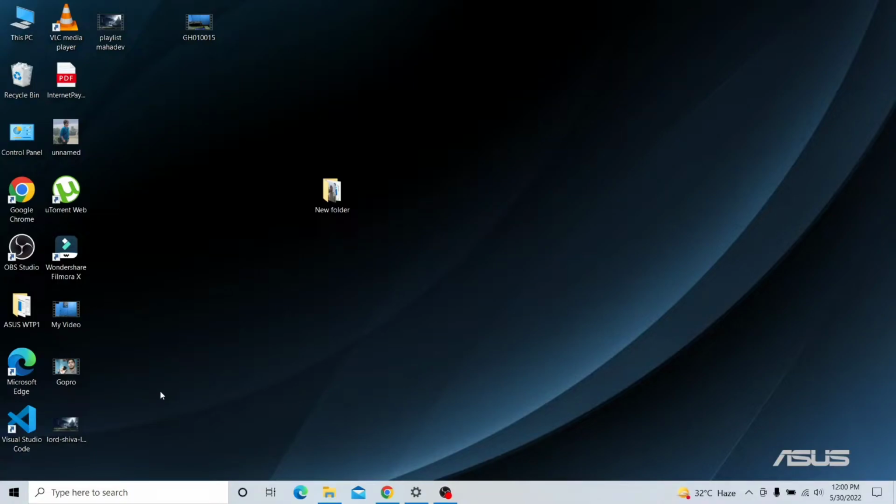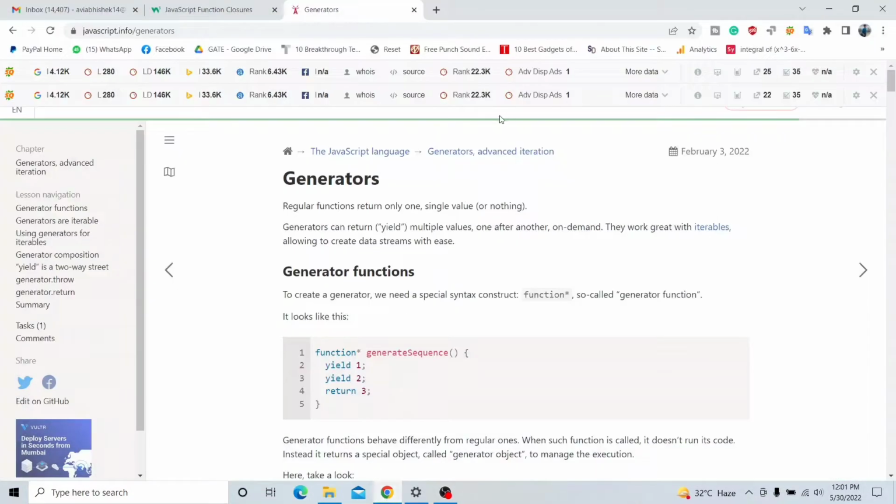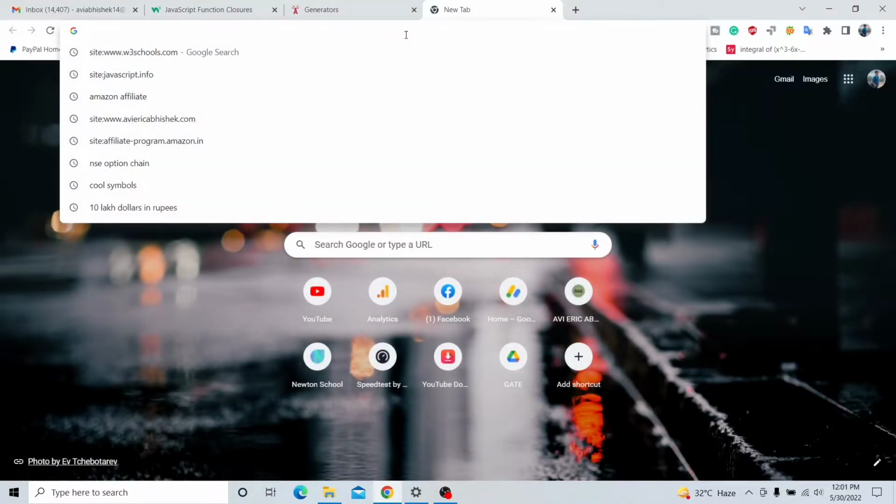Today in this video we are going to see how we can run JavaScript code in VS Code. Here I have already downloaded VS Code. If you haven't downloaded it, then you can just go to the browser and write here VS Code